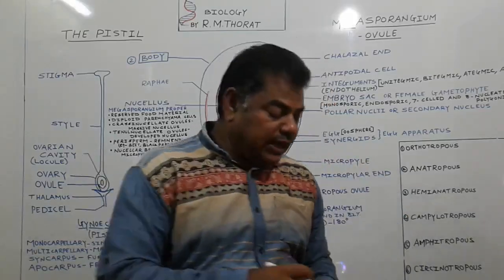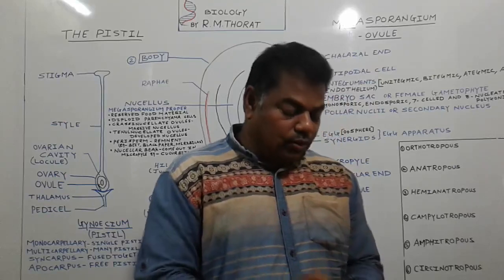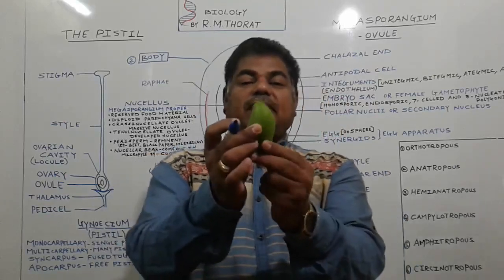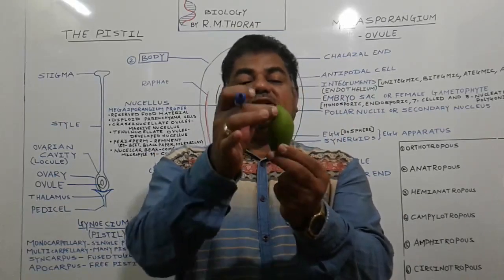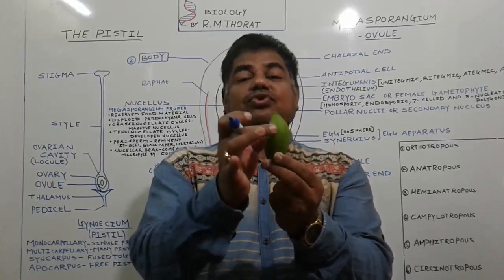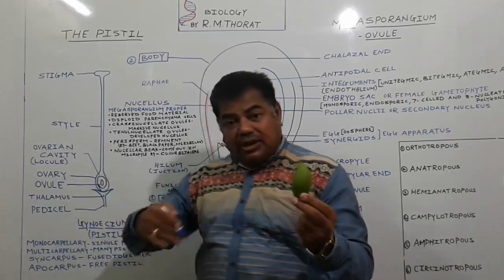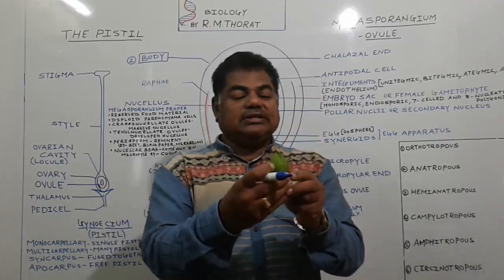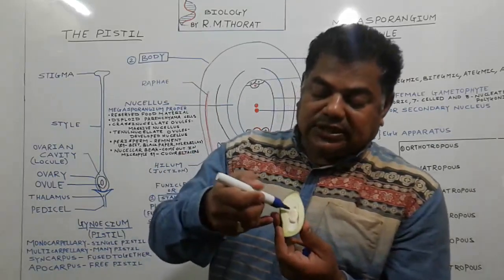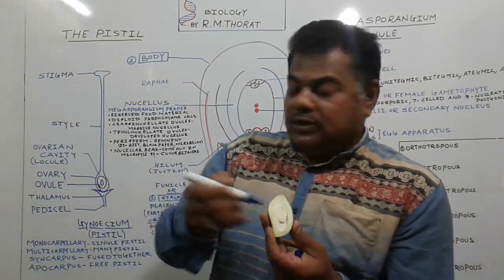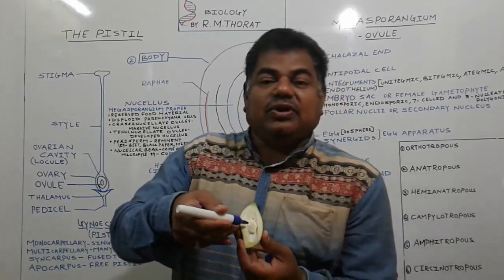After fertilization, ovary forms what? Fruit wall. Second example, in case of Mangifera indica, the mango, see here, this structure we call the fruit wall. This ovary wall gets converted into fruit wall after fertilization. And if you take a section of this mango, inside there is a structure which we call the seed of mango. This ovule after fertilization gets converted into this structure, that we call a seed.